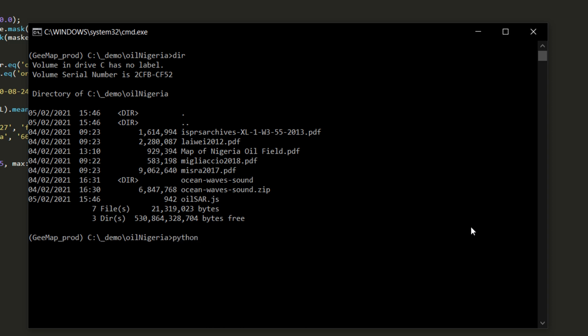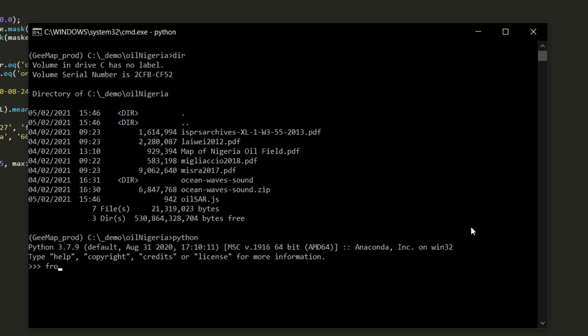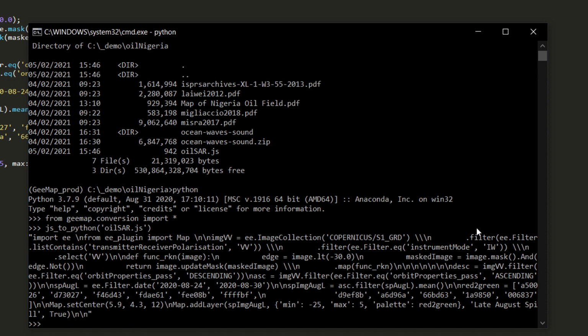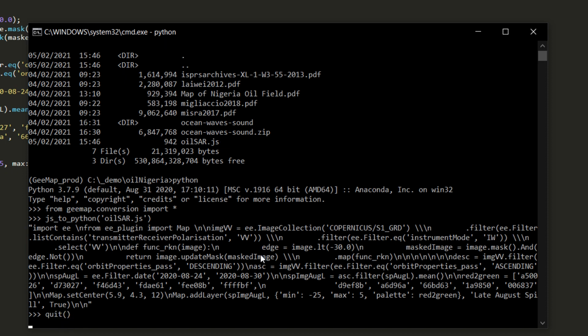But for now, I'm just going to start up Python, and then from geemap.conversion, I am going to import the lot, and in that comes js_to_python, and I'm going to pass it the oilsar.js, and if I don't specify an out file, this will create a Python file with the same name. So that's run, that is complete, and I'll just quit out of this,